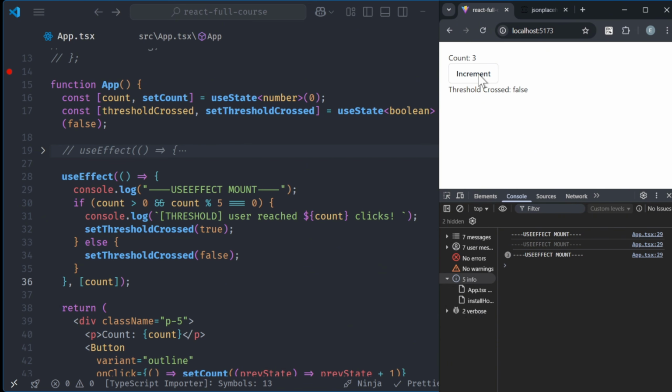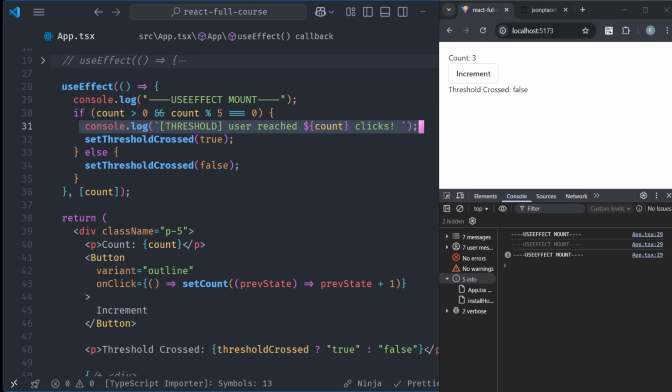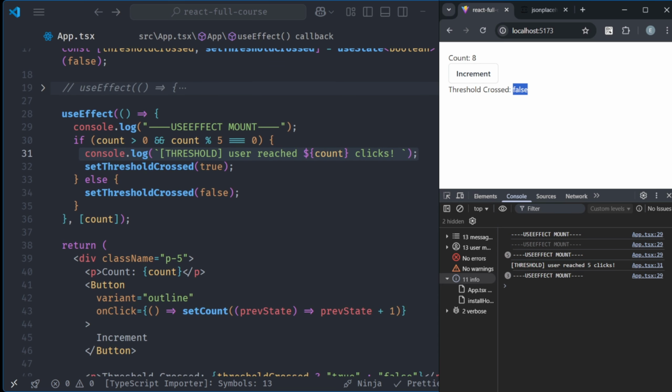Once I reach 5, this is going to console log this, and then the threshold is going to change to true. So let's click again, 4, 5, and then you can see "user reach 5 click", and this is true. So once I click again, you can see that this has changed to false, because we set else here. And once I click again to 10, this is set to true, and we can see